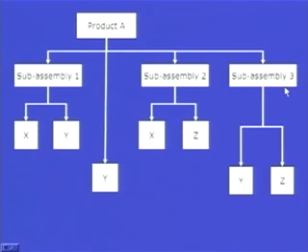Now further, sub-assembly 1 will be made up by joining two parts together, that is X and Y. Now X and Y will be assembled together to form sub-assembly 1, and similarly sub-assembly 2 would be requiring X and Z, and sub-assembly 3 will be requiring Y and Z. So we should know how many X, Y and Z are required in order to finally produce product A, and similarly one part Y will directly go into product A. So product A requires four important ingredients to be finally manufactured.